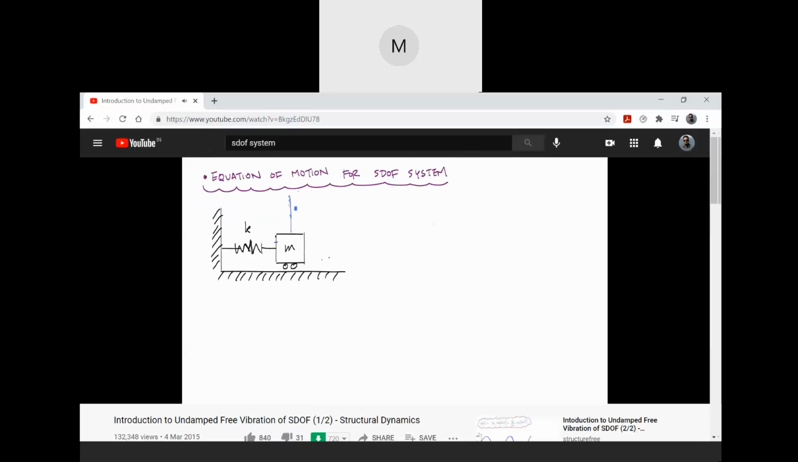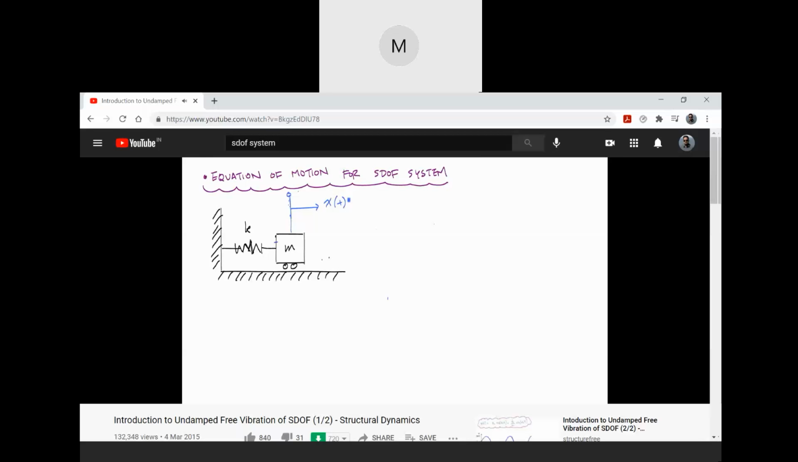And we'll define motion going towards the right as positive. So I'll call this the motion of the mass x, and this x, or this position, is a function of time here. And if I do an equilibrium equation, or if I make a cut, draw a free body diagram, and do